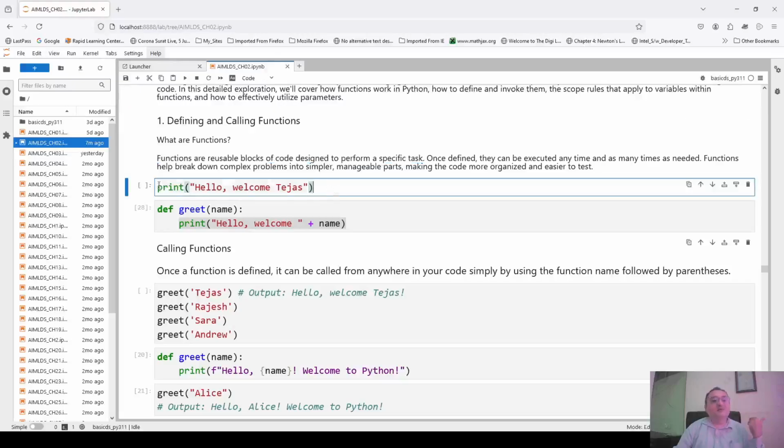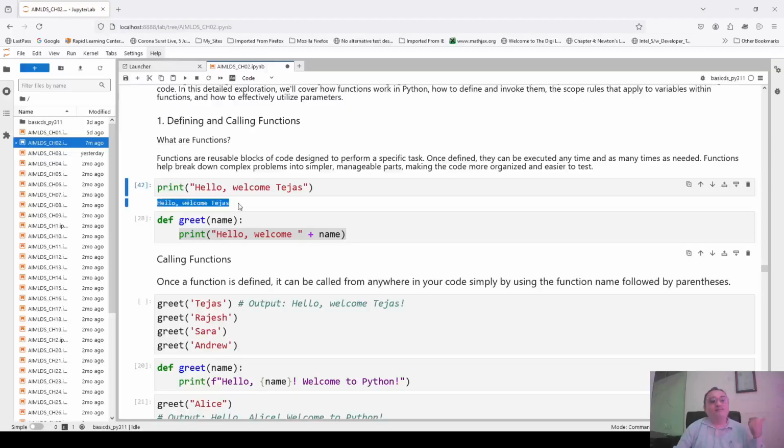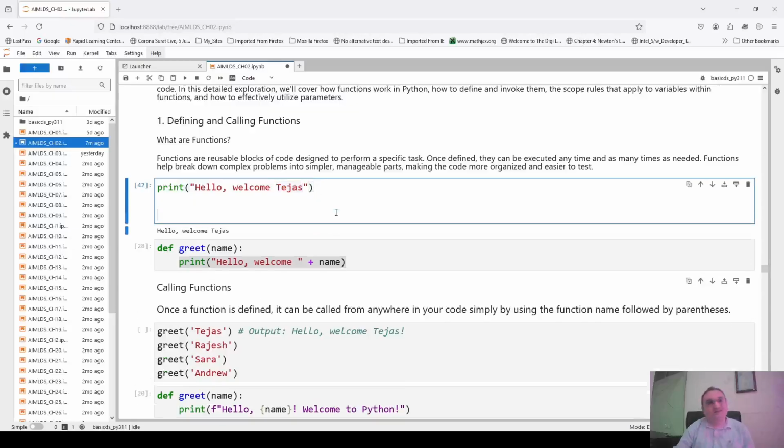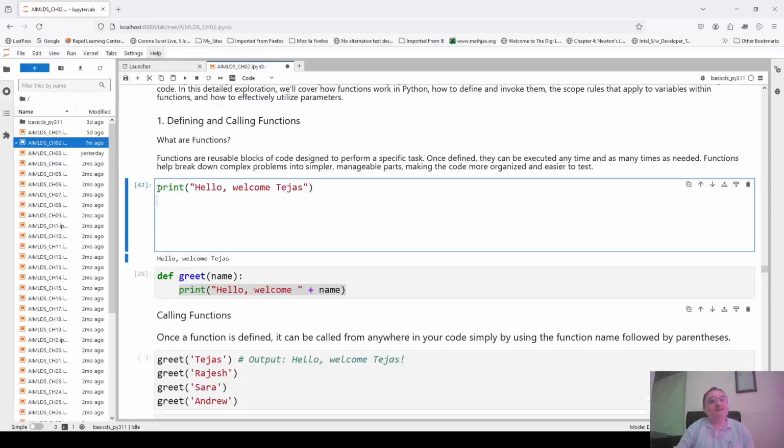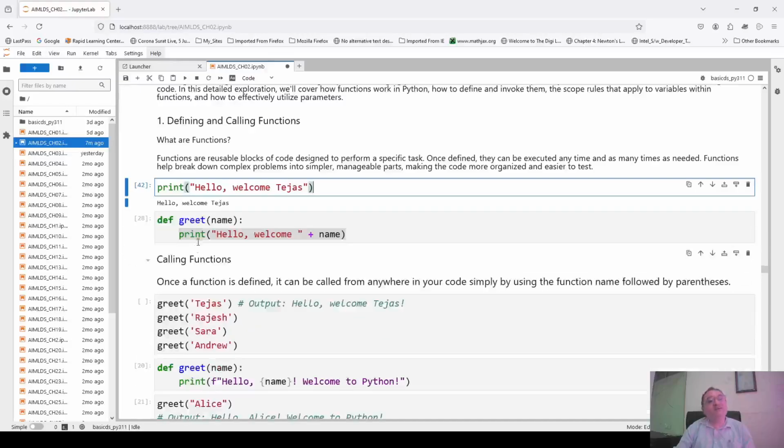What does that mean? Suppose I want to print a greeting to myself. Print, hello, welcome Tejas. Now, if I print this statement, then obviously it will print a greeting to Tejas. But what if next time I want to print the same greeting for another person, then another person? Will I go on writing the same print statement, changing the name of the person? A second print statement here, then a third, a fourth, and a fifth. You can see that this much code would be just repeated in every print statement. What is changing is only the name of the person whom you want to greet. So this is a fit case for defining a function.